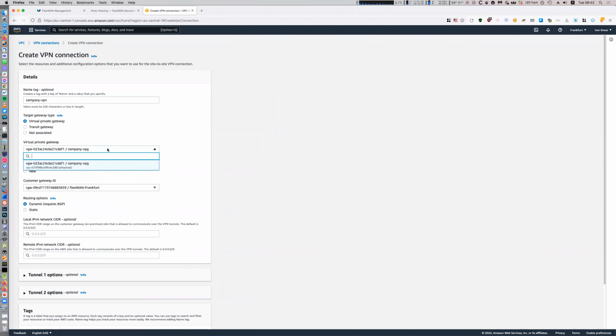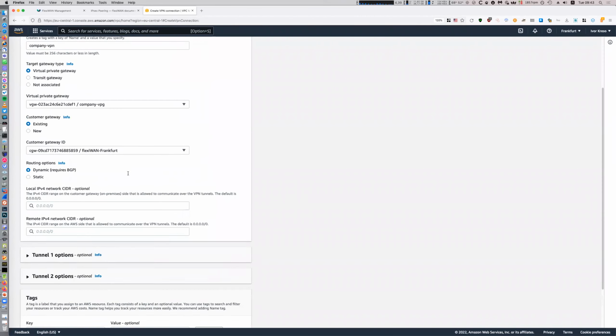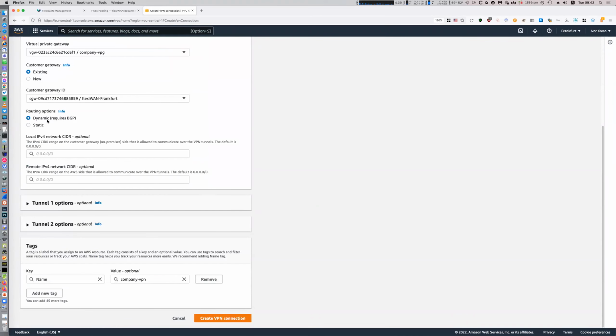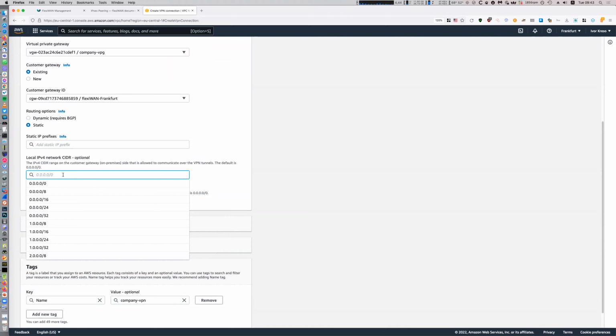And this is the company gateway top. And here, this is the most important part. Let me actually increase the fonts a little bit. And we're not going to use BGP. We're going to use static. And here, this is where we have to define